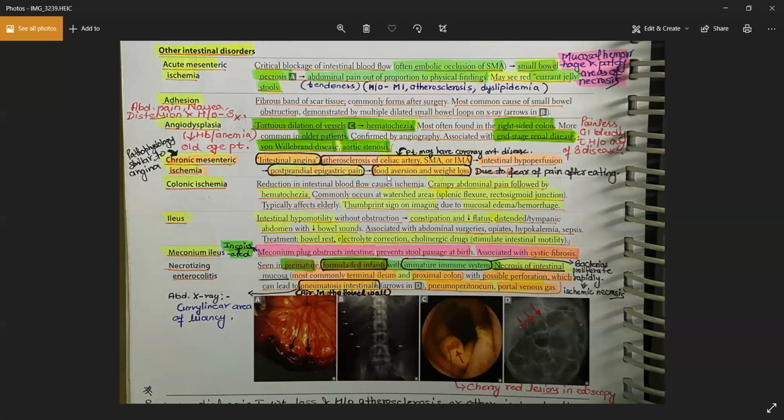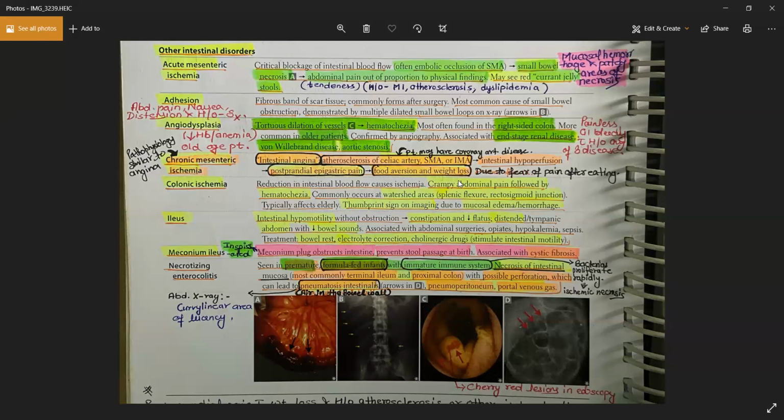And because of this postprandial pain, the patient will also develop food aversion. He becomes very afraid of food. He doesn't eat, because they know whenever they eat food, they will have this abdominal pain, right? So they stop taking food. They will have weight loss. So weight loss, food aversion, a chronic postprandial pain,